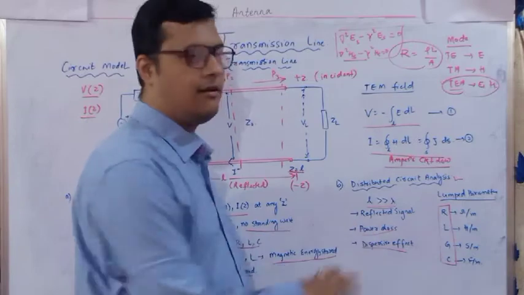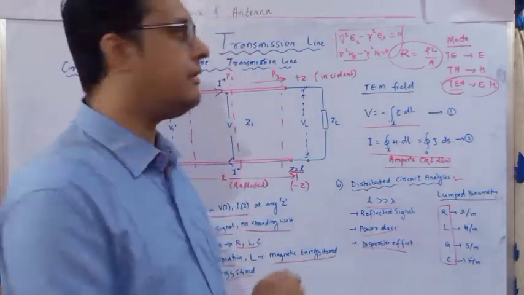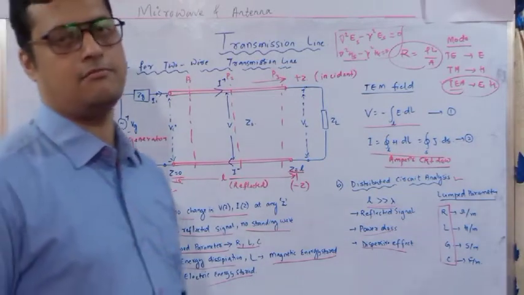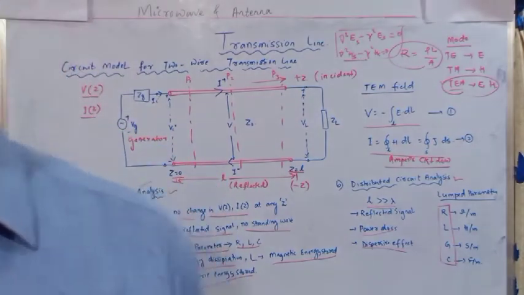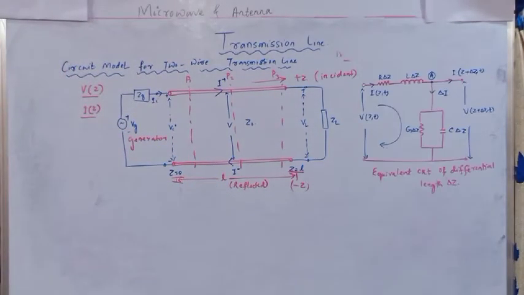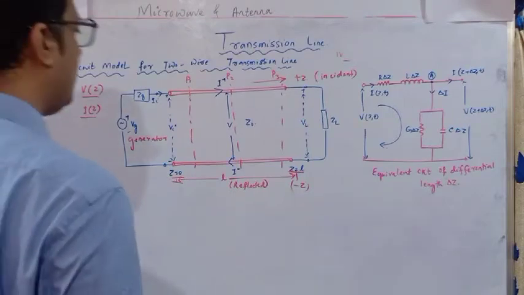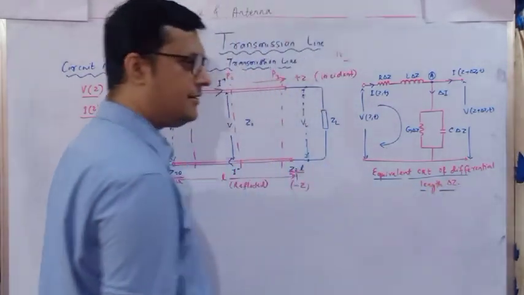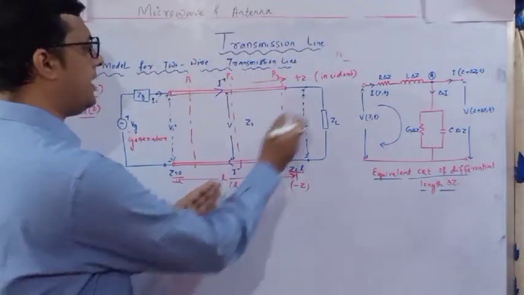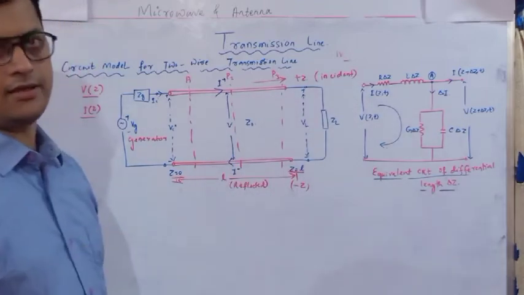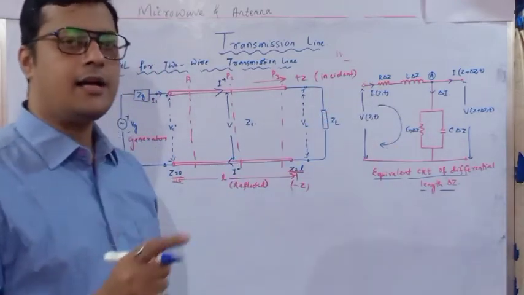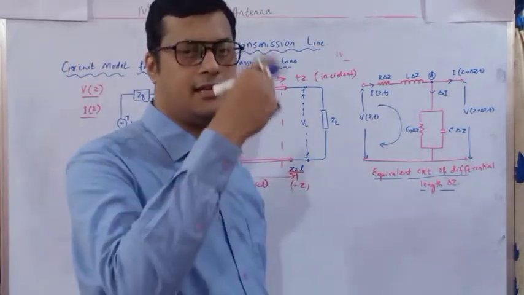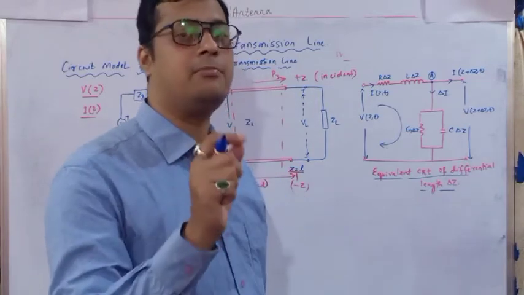So with the help of this analogy, we will derive all those equations with the help of this two-wire line model, which is called the lumped parameter model. Okay. Here you can see that I have drawn the equivalent circuit for a differential length. That means a small part of this particular line is represented in lumped parameters R, L, G and C. Now R, L, G and C are uniformly distributed per unit length. So in order to analyze them as electrical elements, we have to multiply by del Z.